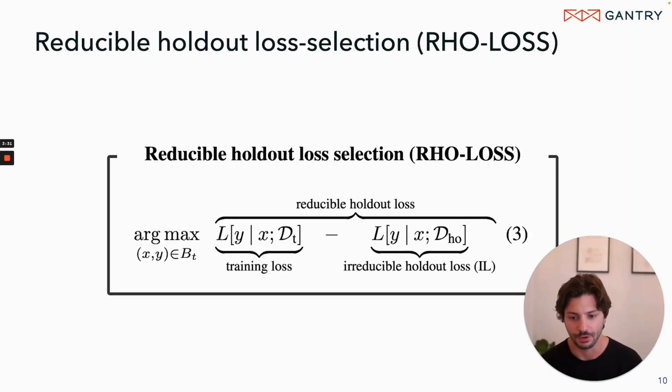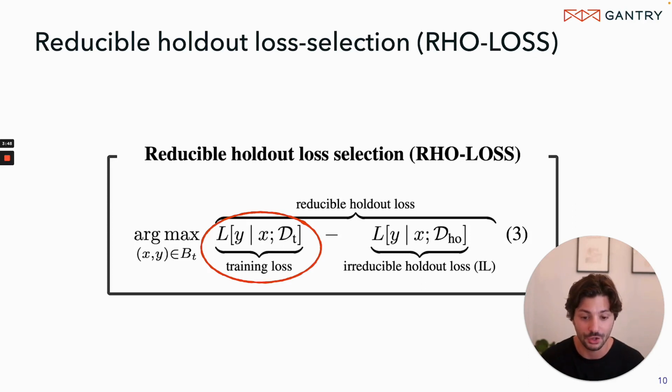Here's how row loss is defined. Let's talk about what this notation means and how it helps us address the issues that we identified with the baseline. Let's start by ignoring the part after the minus sign and just focus on the left-hand side. In this notation, D_t is the training set up until the point in the training process that we're at now, before we sample this batch. What this term means is the loss of the model trained on D_t on a given point (x, y), or in other words, the loss of the model we're currently training on the data point we're currently looking at.